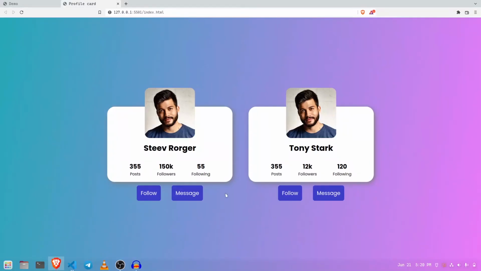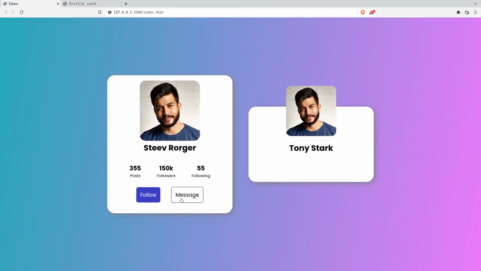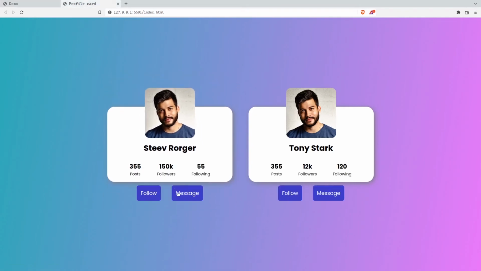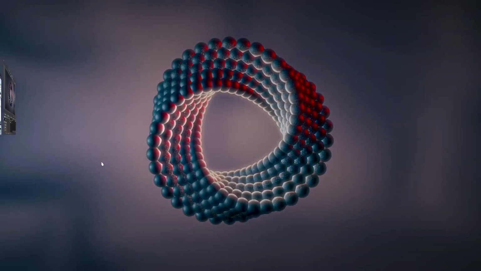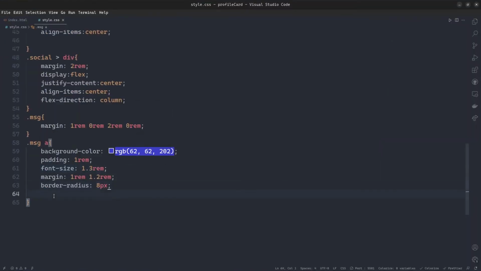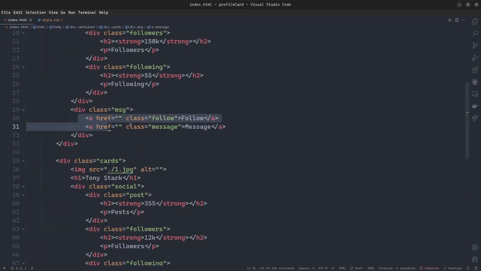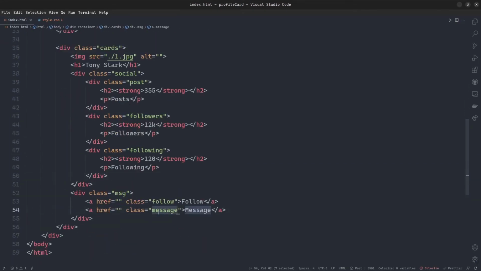so you can see that my button was designed, but here my message button has no background. So now I'm gonna remove the background of this message button, sorry. So let's target the message, .msg. Inside the msg I have a message class, message,